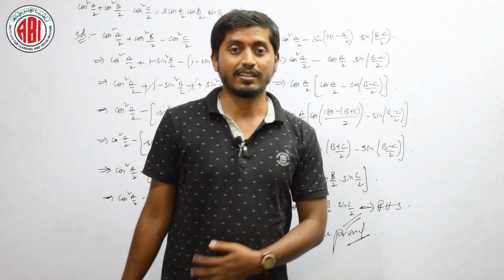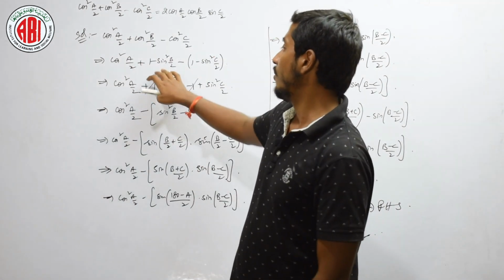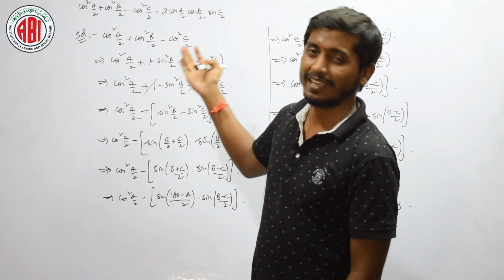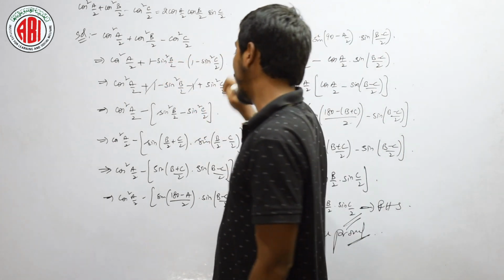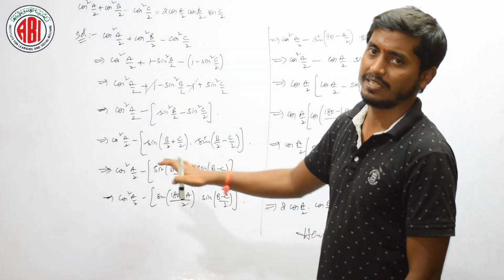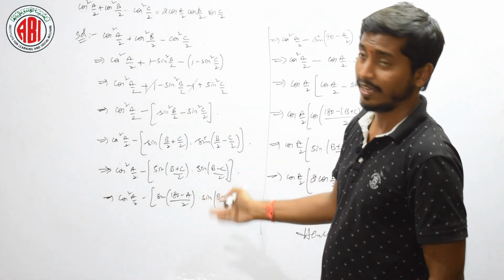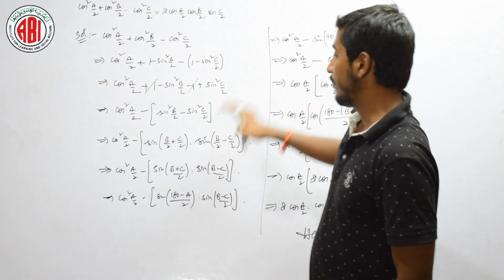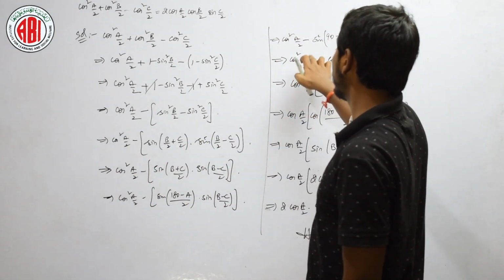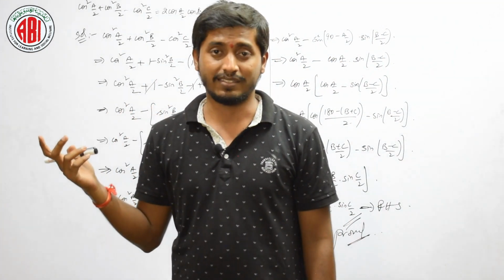Is it clear? Are you able to understand this kind of problems, right? What have we done? The only thing is what to convert in the first step. If you practice again and again, you will definitely get how to do that. And the second most important thing is you have to remember how to convert based on the question, either b plus c into a or a plus b into c or whatever, right. These two things are common. We take one of the terms as common in the first step and again convert this single term into two terms, that is either b plus c or a plus b or whatever. Isn't it? Yes or no?